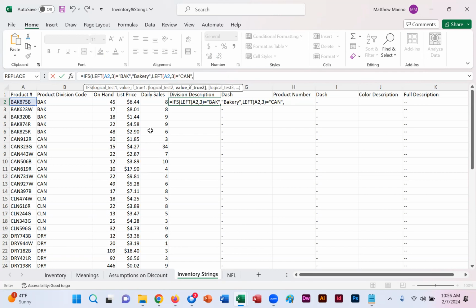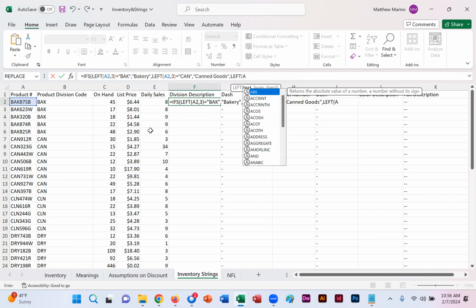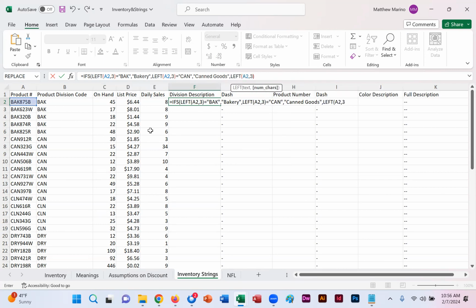If that's true, then comma, canned goods, close quote, comma, left, A2, comma 3, equals, inside quotes, CLN, close quote, comma, inside quotes, cleaners,